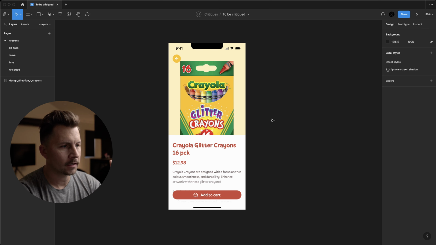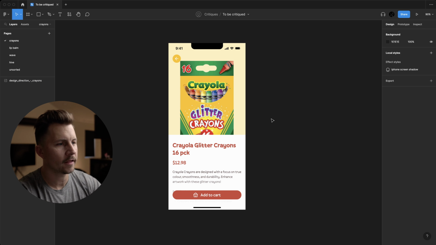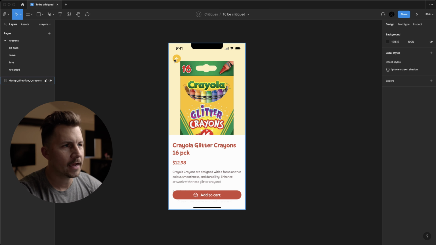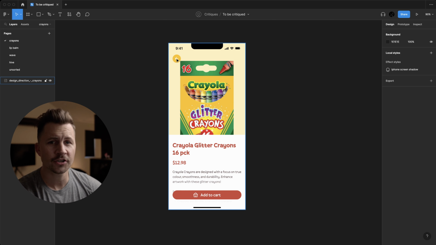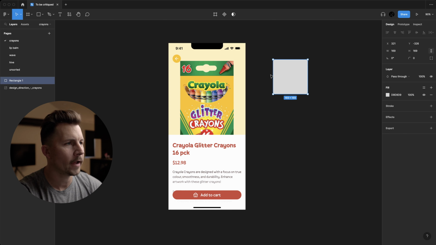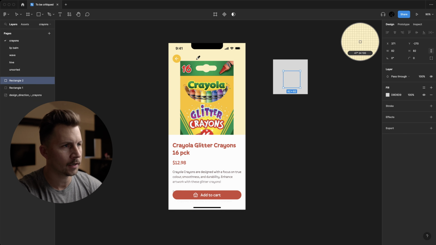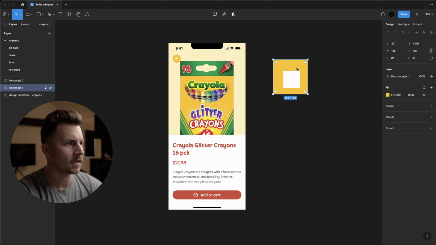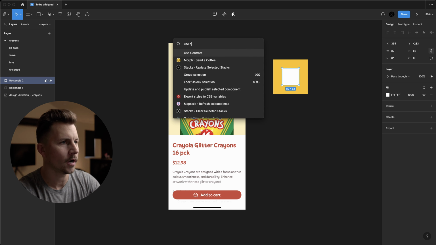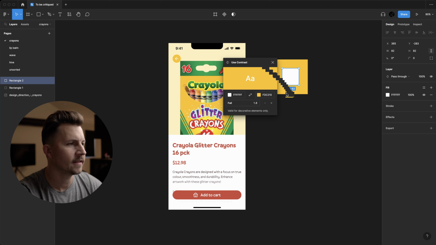A couple of things that I would critique right out of the gate, starting at the top. This is a little hard to see, and that is definitely going to be a failing contrast score, and that would not be accessible. People with less than perfect vision may have contrast sensitivity issues. Typically, that's always the first thing that I'm going to notice on designs, whether or not something is going to be accessible or not. And you can see this is